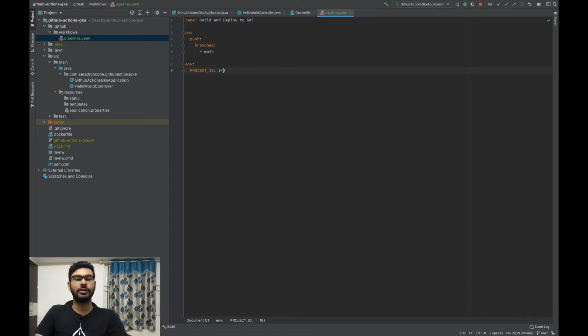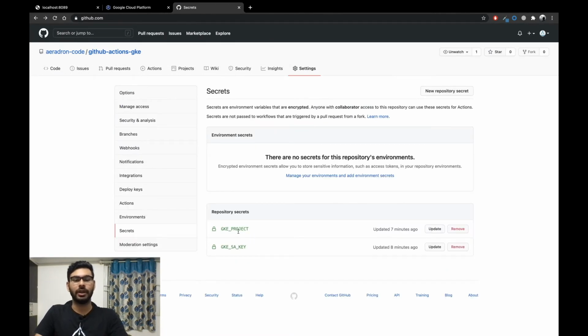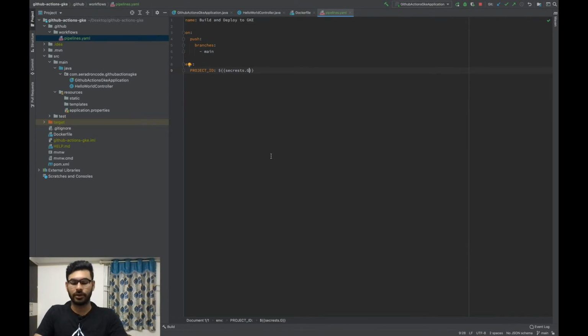So to access a secret created in our GitHub account, all we need to do is put 2 flower brackets out, and we need to write secrets dot the name of the secret that we had created. So the name of our secret is GKE project. So secrets.gke_project.